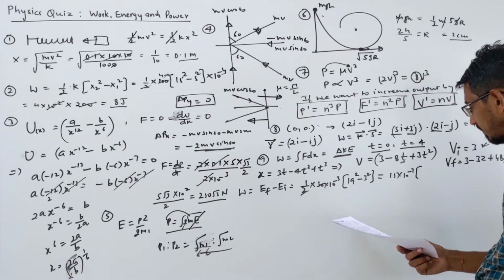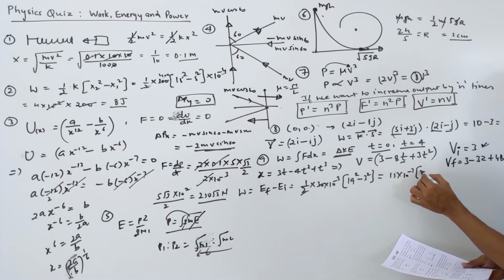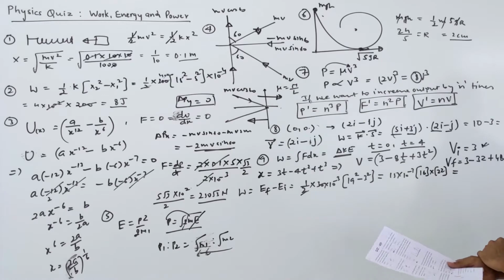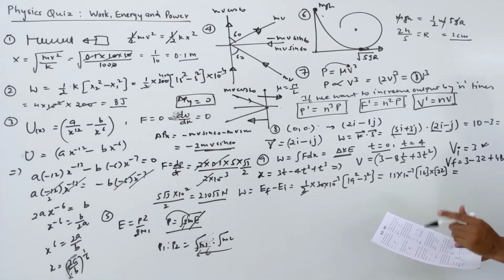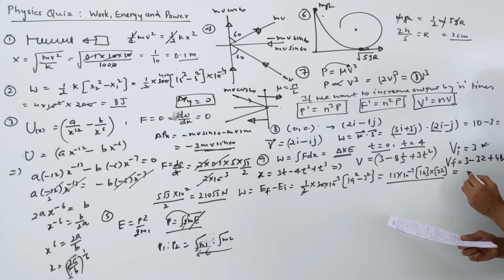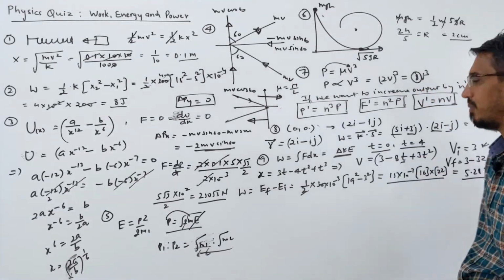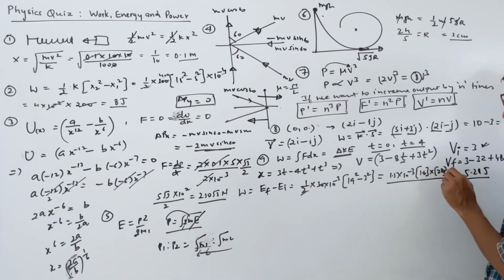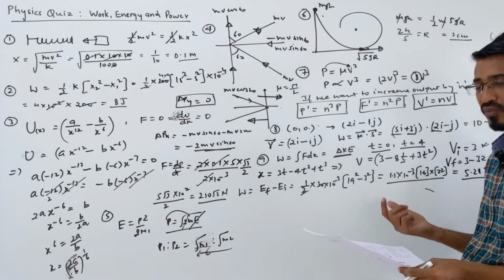So if you cancel 10 power minus 3, you can write this as 16 into 22. How much does it become? With 10 power minus 3, if you put one decimal here, it becomes a small number. Once you calculate this, the answer should come 5.28 joule. I am writing this answer directly, not multiplying, because minus 3 is there. So I put one decimal here, one here, and one here, and the numbers came 2.2, 1.6, 1.5. This becomes a small number like 4, 5. And there is only one option given as 5.28 joule.